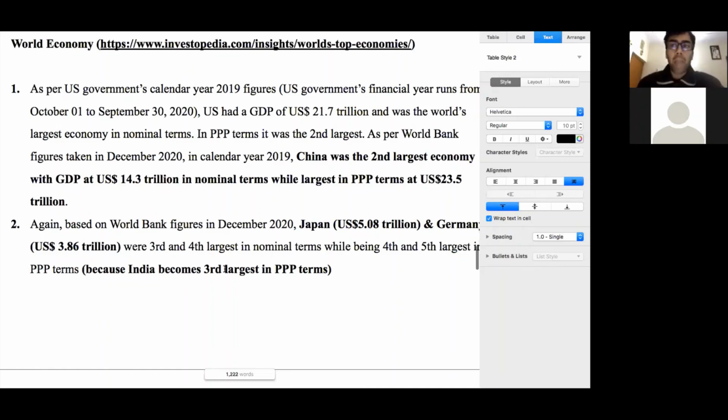Based on purchasing power parity, if we take that factor into account, then India's GDP becomes number 3 in the world, after China, which is number 1, and the US, which is number 2. But if we take into account simply the exchange rate of the US dollar versus India's currency or China's currency, then the US is the number 1 economy in the world, China is number 2, Japan is number 3, Germany is number 4, and India is somewhere around 5th, 6th, or 7th, depending on what happens at the end of this financial year. But we have to be very clear about this, that in terms of PPP, India is the 3rd largest economy in the world, purchasing power parity.